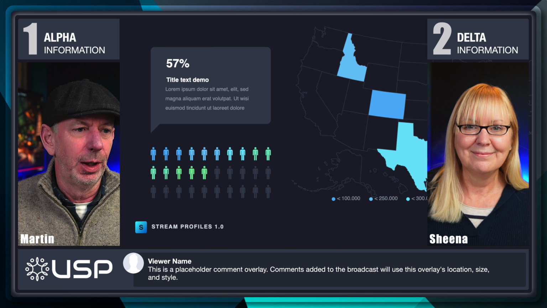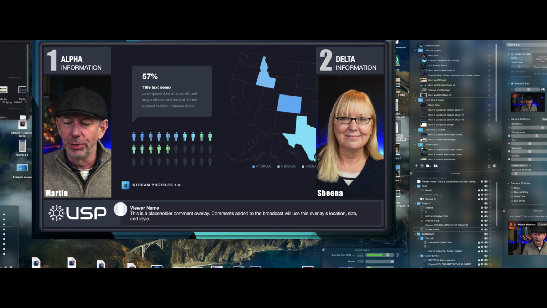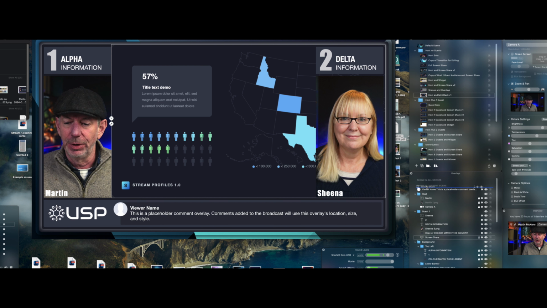So window, options, live demo mode, turning on demo mode. Now this scene isn't actually in the decks, you would have to go and create it yourself, but over here I have got a scene for host and mini deck, and within that I've got a bunch of overlays. But what I've actually done here is taken the screen share, which would normally be up at the very top,